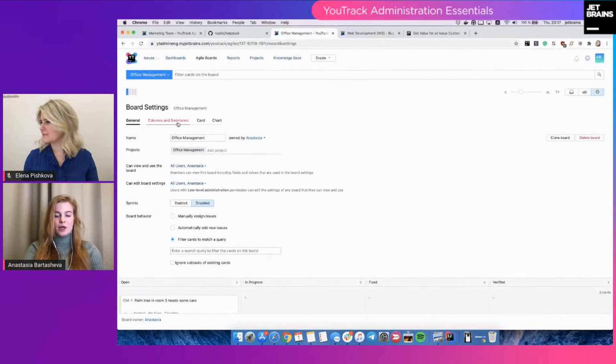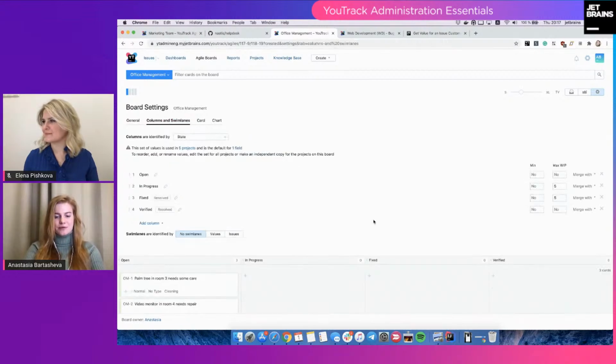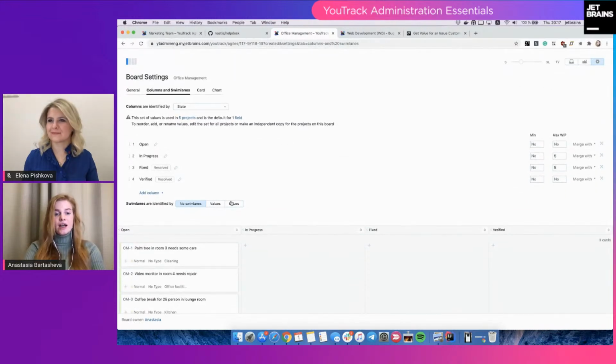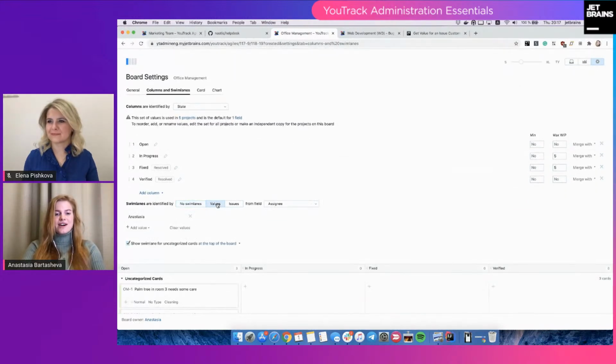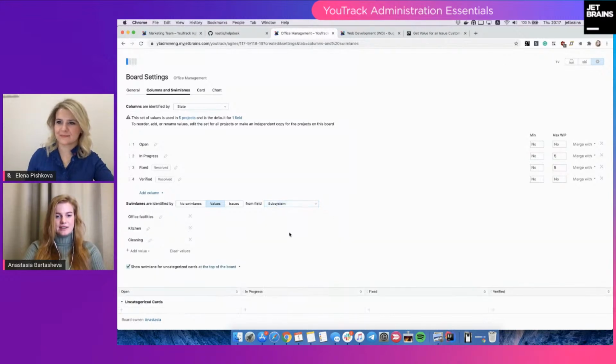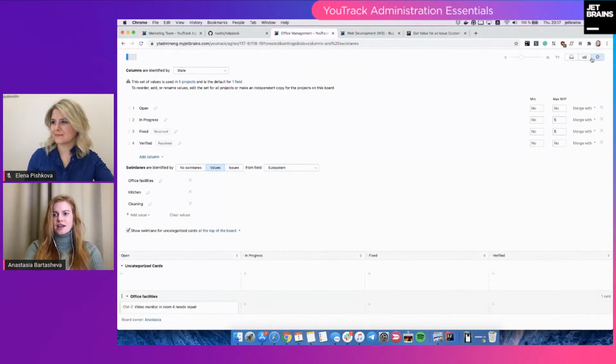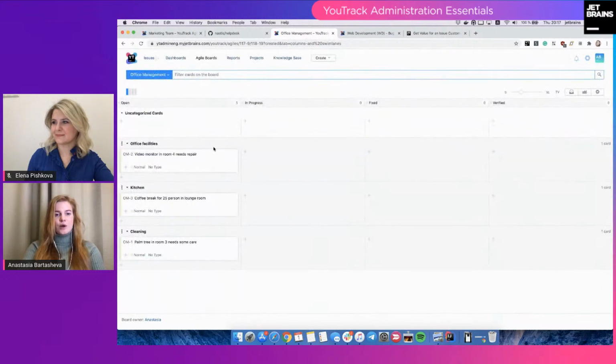And this is still a plain list of issues, and we wanted to avoid that. So I'm going to use the subsystem field that I created earlier, and divide these issues logically by their subsystem value. Let's see how it works. Now we have rows, or swim lanes, in our Agile board that define the area or the subsystem value where the office management team